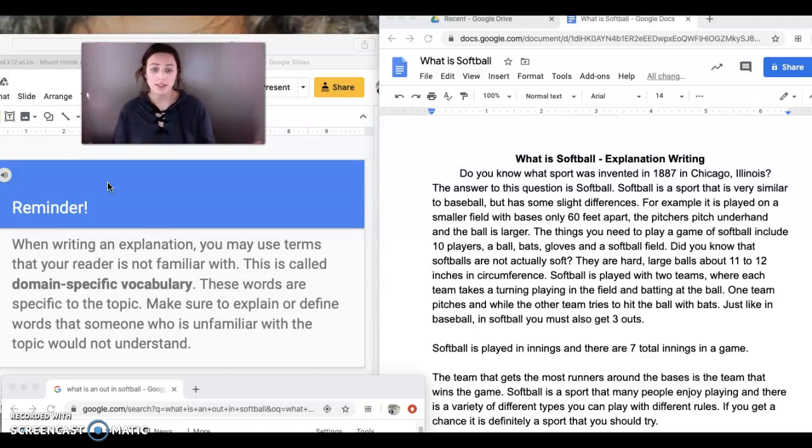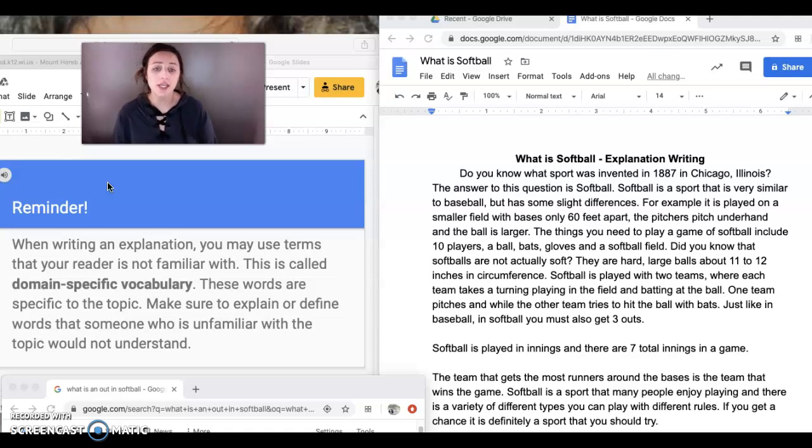So in softball, some examples that I had were an out and an inning. If you had no idea what a softball or baseball is, or if you've never played, an out, you'd be like, what? What is an out? How do you get an out? Or inning? Like, what's an inning? So these are vocabulary words that we use to talk about things that unless you're familiar with it, you might not know what it is. So for school, for example, as a teacher, we talk about curriculum. Well, what is curriculum? That's a big word. If you're not a teacher, you might not know. So curriculum, for example, is just the things that we teach you. So those are two or three examples of domain-specific